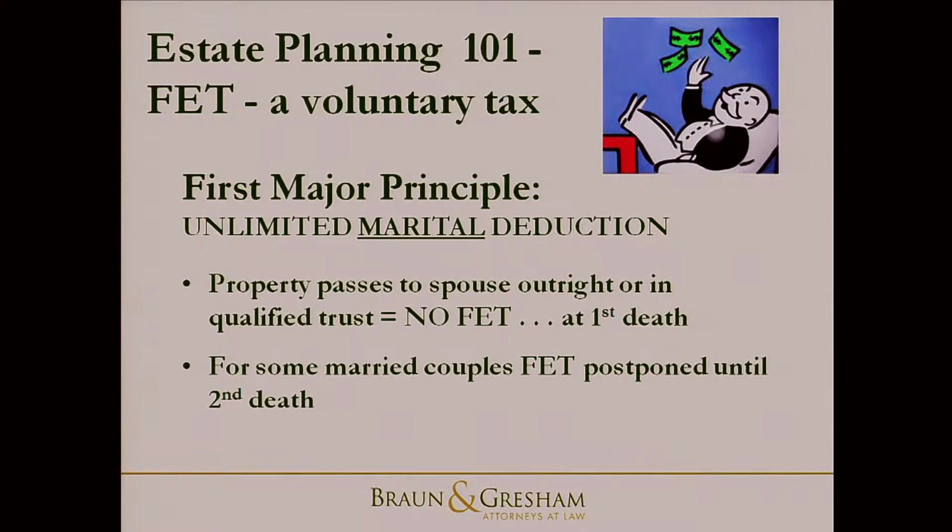But unless there's a new spouse in the picture pretty quick, what that does is it moves the assets, which were owned by husband and wife, now automatically to the surviving spouse, and that's usually the wife, who is going to own 100% of that asset. And so what this does is it increases the size of her estate, could push her over that threshold and create more of a federal estate tax liability at the second death. So this isn't so much a tax avoidance principle as it is a tax postponement principle.